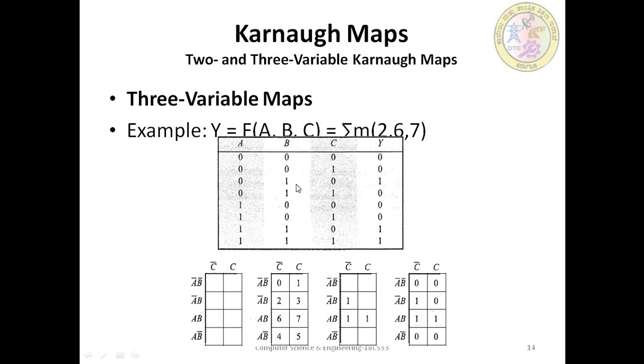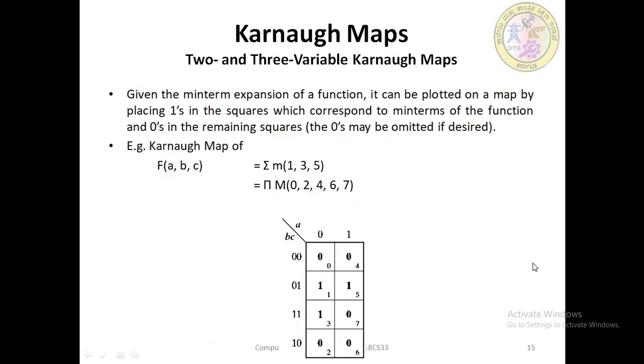Okay, A bar, B, C bar will come here. We have to mark it 1 here. And A, B, C bar, here also we need to mark a 1. Here also we need to place. And this combination is having output as 1. And ABC also, here also we are having a combination as 1 itself. And